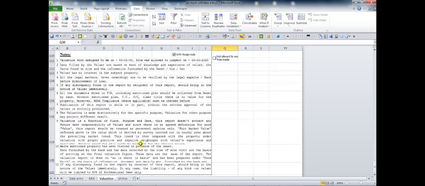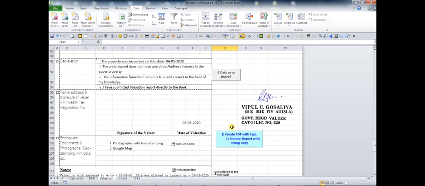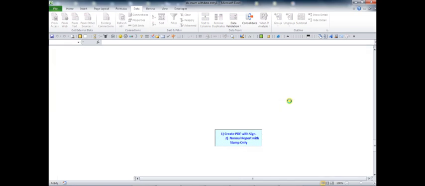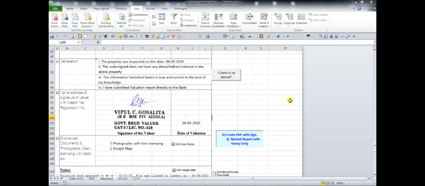Now if you want to mail this report instantly, then just click this button. When you click this button, the valuation report will be mailed to the person who assigned you the work. Here in our case it is RSCPC Ghatkopar, so the email address of RSCPC Ghatkopar will be automatically entered here.